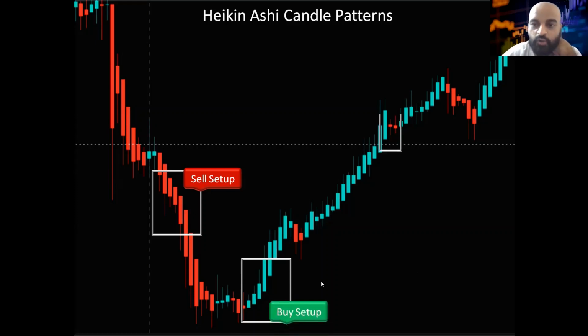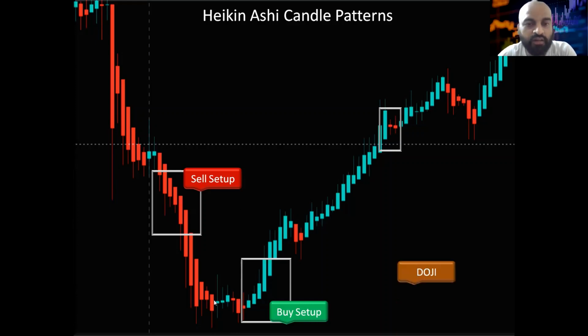Sometimes we see doji candles here. Whenever a doji candle forms, there is a certain limitation to the uptrend. Or similarly, if you see a couple of doji candles here, it stops the downtrend and there is a possibility of reversal. It may not be an uptrend, it can be a downtrend as well, but definitely there is a pause to the momentum. So when there is a doji candle, there is a definite pause to the previous momentum. It could be a reversal from there. Similarly, if you look at this, there is again a trend reversal towards the uptrend. So this is one of the major things you need to look into.